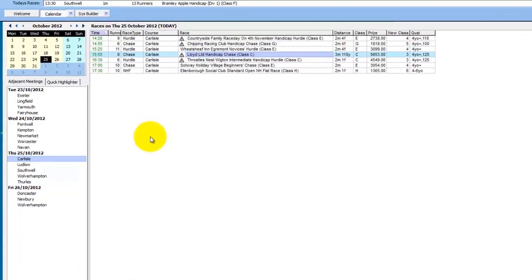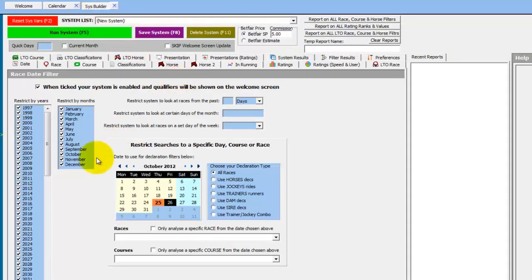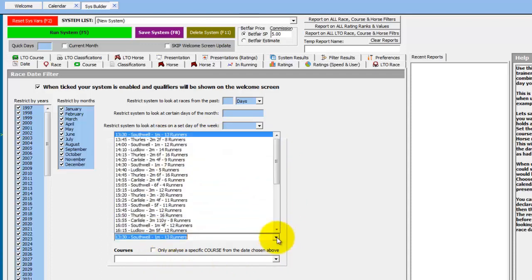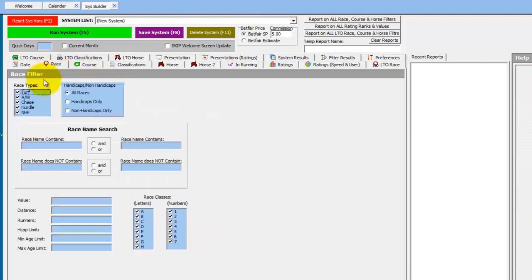So we're back in Proform, and we're back on the 25th of October 2012 and looking at the races at Carlisle. And the 3:55 was a handicap chase over 3 miles 110 yards. So we'll go back into the system builder and we'll choose the same day on the date tab in the declarations part, and we're analysing by sire, and we only want to look at the 3:55 at Carlisle, so we click on races and choose the 3:55 at Carlisle,